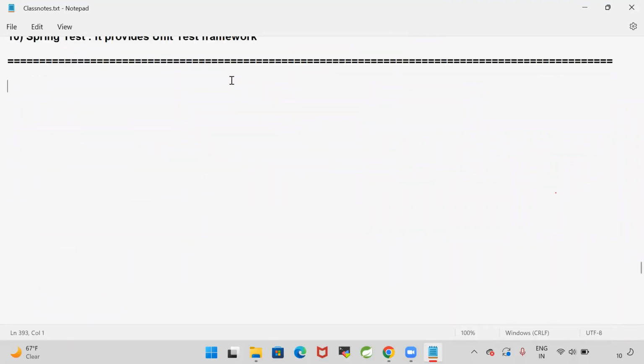Okay, guys. So let us start with the base module in the Spring framework, which is the Spring Core module. If you want to learn any module in Spring, or if you want to learn Spring Boot and microservices, the first thing that we need to learn is the Spring Core module. So what is this Spring Core module? Spring Core module is all about